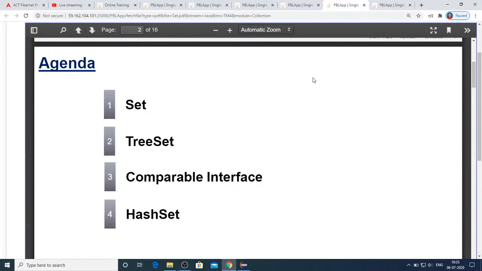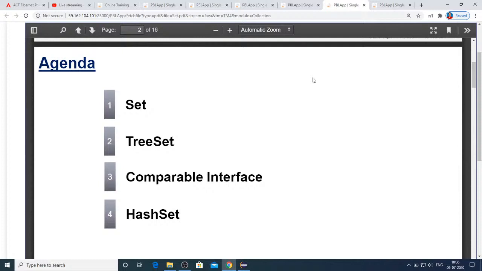By default, when you add elements, it returns a boolean value. For every unique element added to the set, it returns true. For a duplicate element being added, it will return false. So it's not going to raise any error if you try to add duplicate elements, but still it won't be added, and when you retrieve the elements, you can see only a single copy of the element returned, even though you have added it twice or thrice or n number of times. So this is what you just need to remember regarding sets.